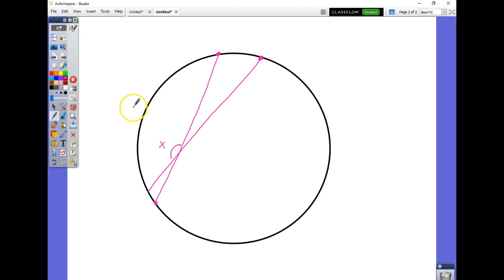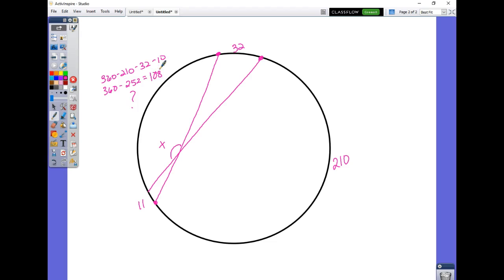I would need to realize, if I knew that that was x, and I knew that this was 32, this is going to be 210, this is going to be 10. And if I were to ask what x is, I would need to figure out what this missing piece is, which would be 360 minus 210 minus 32 minus 10. So 360 less 252, which is